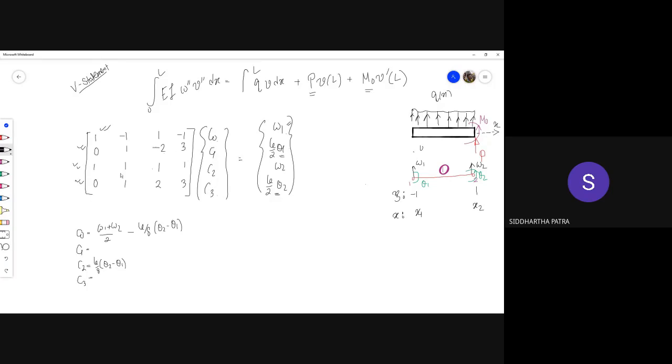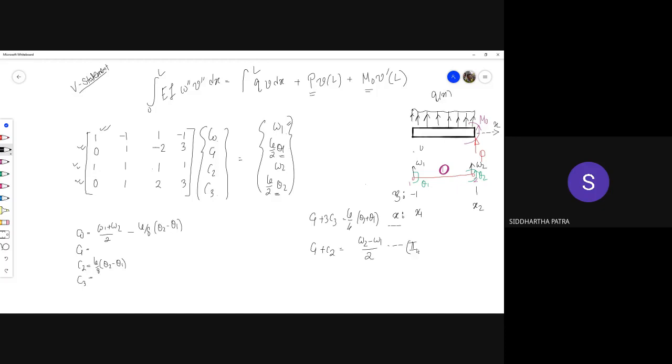If I add the second and the fourth equation, I'll have C1 plus 3C3 equals LE by 4 theta 2 plus theta 1. And if I subtract the first equation from the third equation, I'll have C1 plus C2 equals W2 minus W1 by 2. Now from these two, if I subtract this new equation